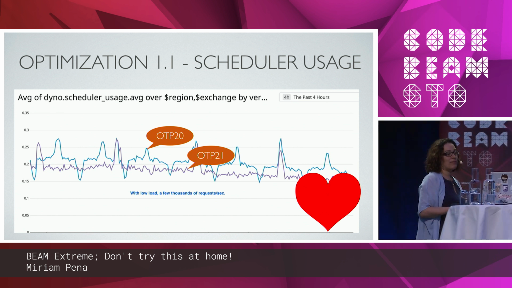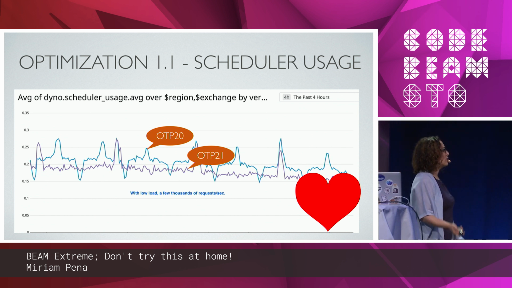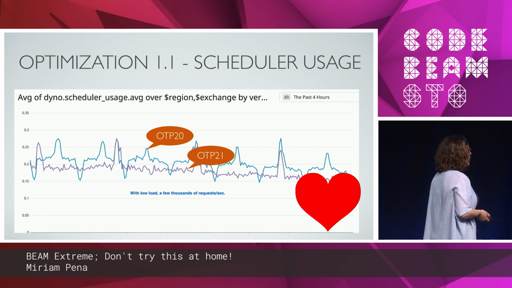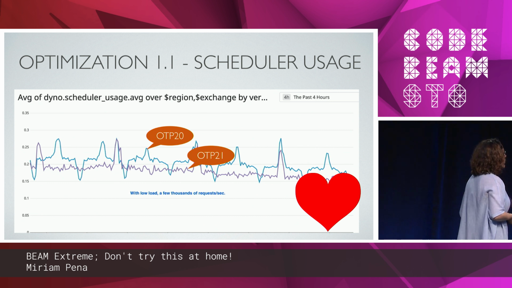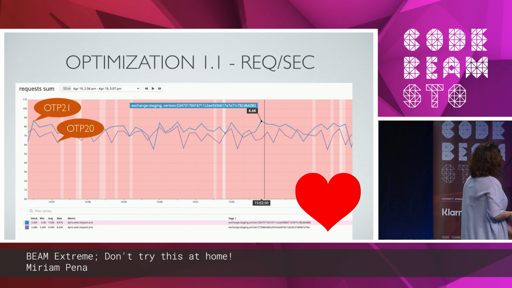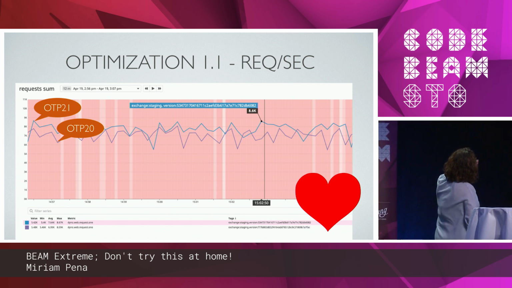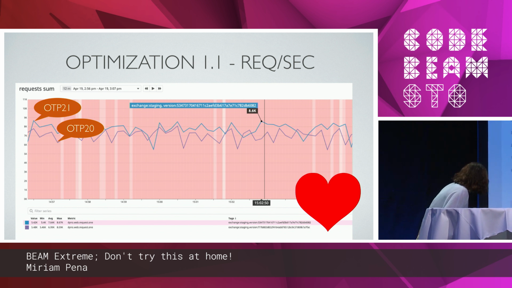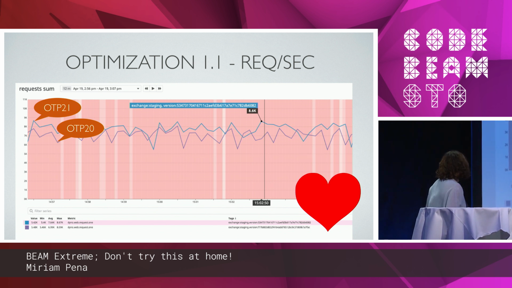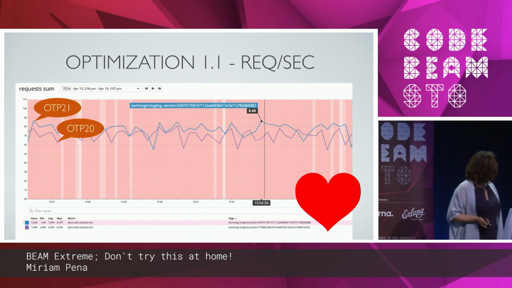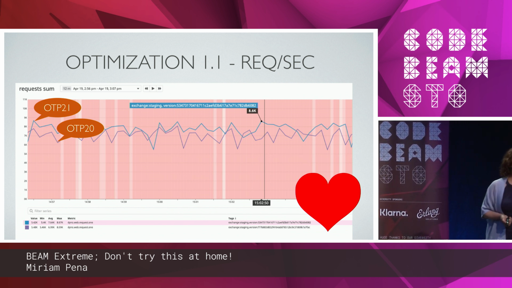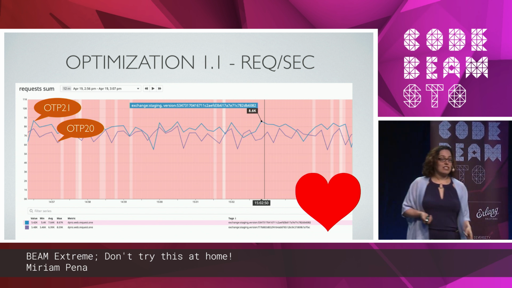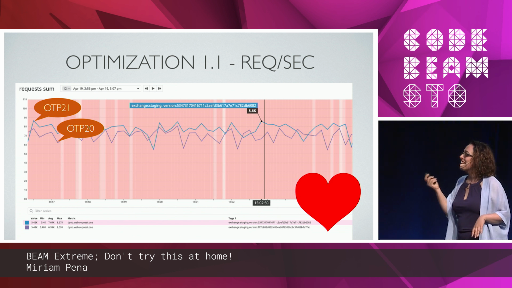So I created a staging environment, and I put a bunch of load over there. I put the machines on 99% CPU usage and 99% scheduler usage, and see how many requests were served by each version. And here you see in OTP 21, I think it was 10 times more requests. That's the blue line above. That's 8,000 on average. 8.67 thousand versus 8. That's probably 12% better than OTP 21. This is for a specific machine, but it's great.